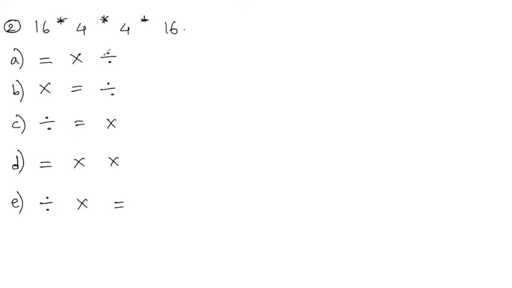How should I write the 16, first one? 16 equal 4 divided by 16. So now after equal to, what you will get after equal to, you should check that. 4 divided by 16, correct. Before equal to, 16 is this, so we will write it as it is. After equal to, you should check that. So what is 4 into 4? 16. 16 divided by 16?